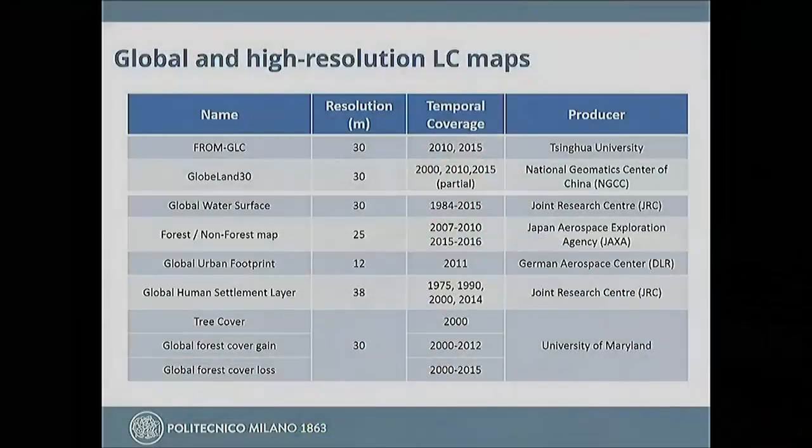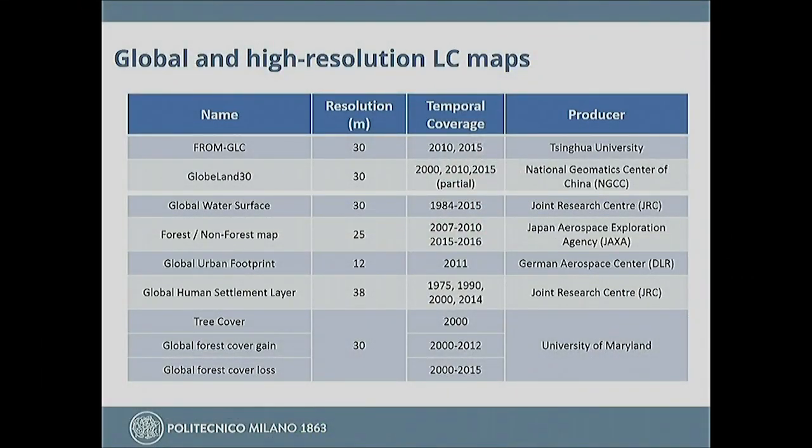Okay, with respect to this one, the Global Human Settlement Layer, we will have probably a seminar next year during the course, but also you are invited, obviously, for better explaining how it was produced and so on, because it is produced also in ISPRA, so in the same place of the people that gave you the seminar